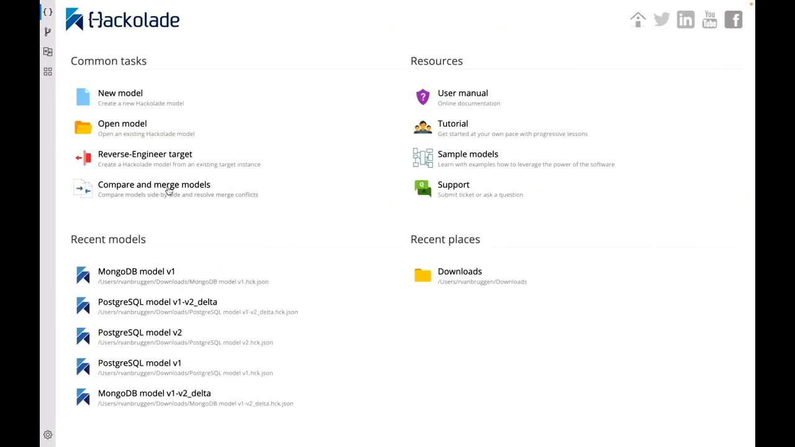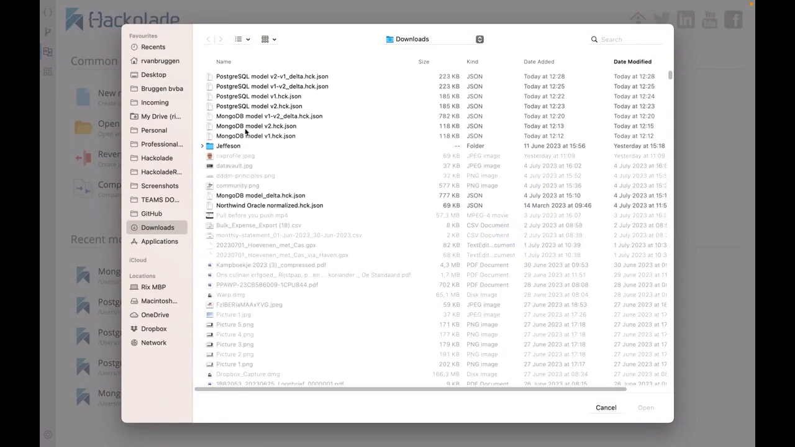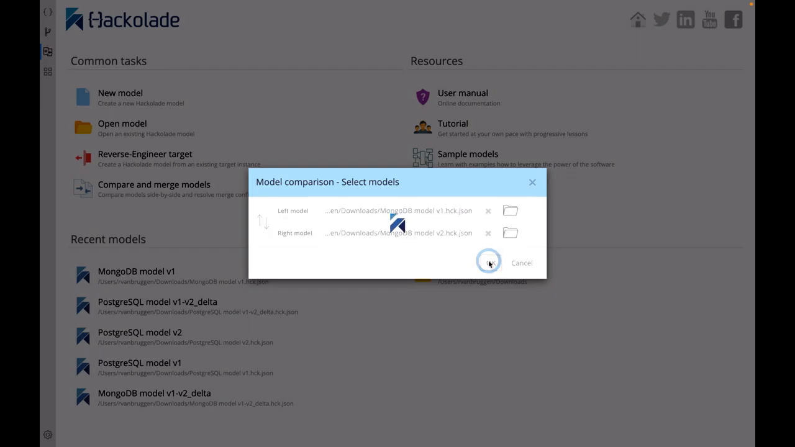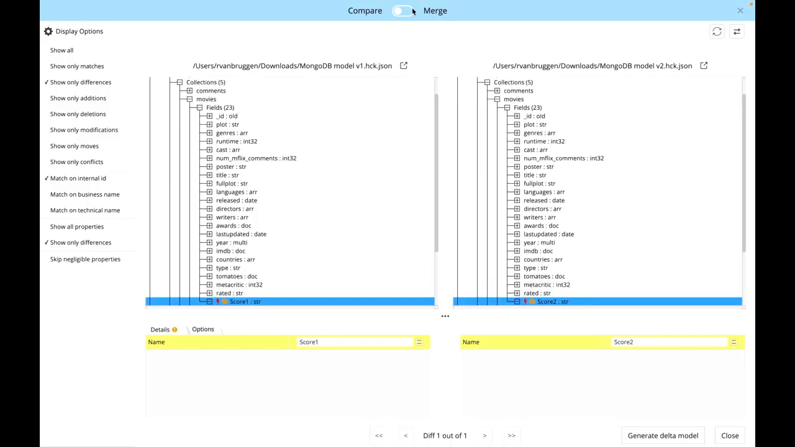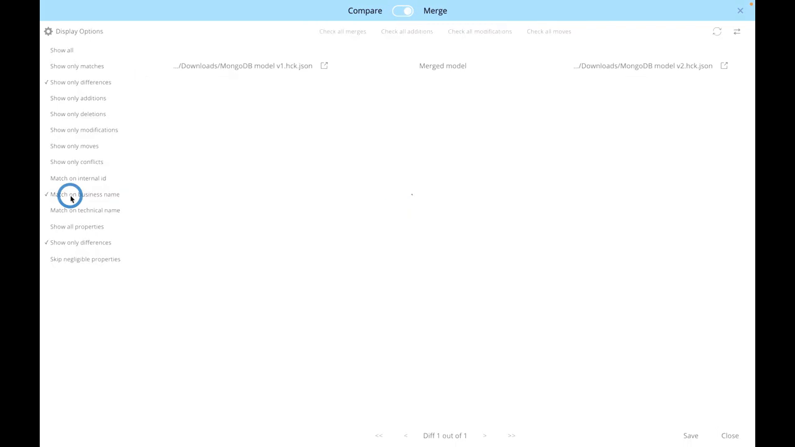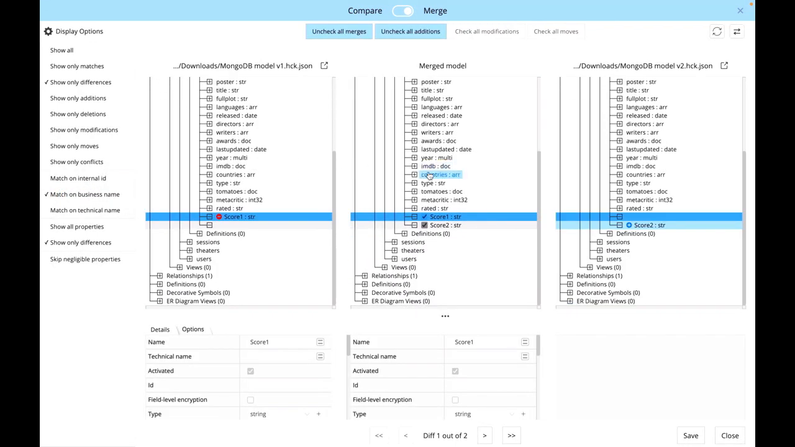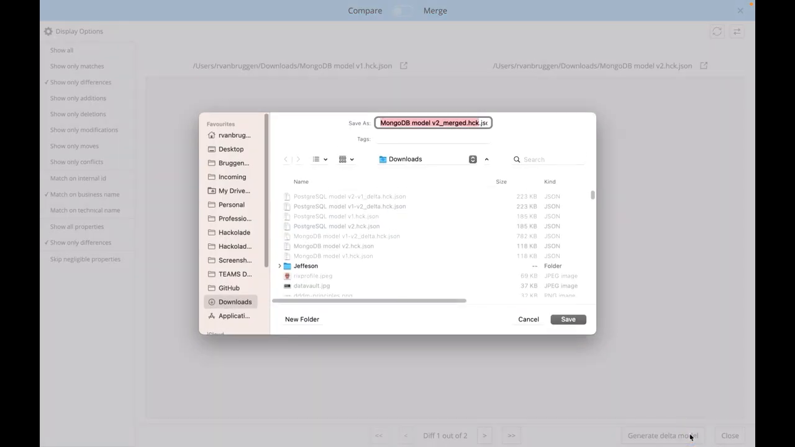So now I'm going to open up those two Mongo models again. V1 on the left-hand side and V2 on the right-hand side. And the comparison screen will show up, but at the top here, I can toggle and say, well, why don't we go into a merge scenario here? And then, again, if I switch to the different merging or matching strategies here, it will give me different results. Now it's going to tell me you can actually save this new model